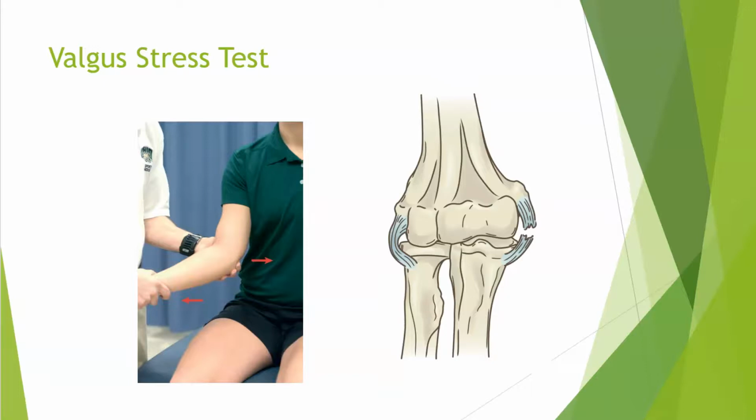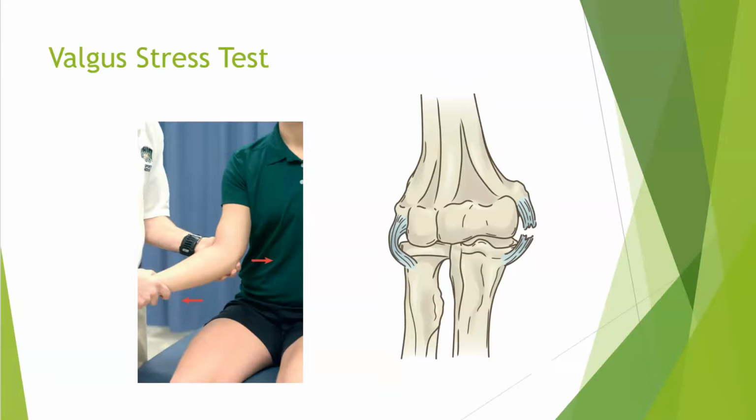integrity of that UCL. Okay, it's important to note when we're doing these valgus and varus stress tests, we do not want to do them at 0 degrees. Anybody know why that might be? When we're doing the valgus and varus, we want to make sure that it's not at 0 degrees, because if we're in 0 degrees, that's probably the most stable position that joint can be in, and it's being protected by the joint capsule. So you do want to flex their elbow to about 25 degrees